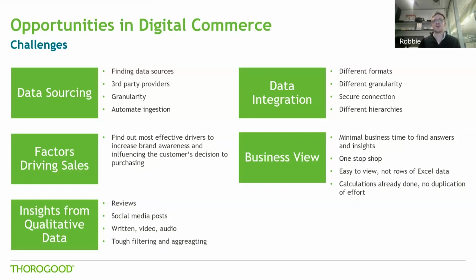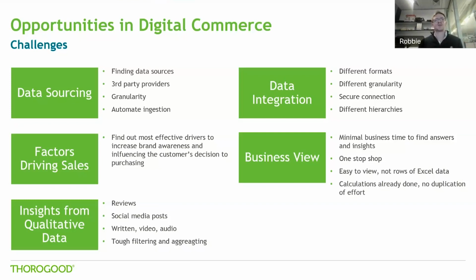Then data integration. So bringing together all this data of different formats, different granularities, setting up a secure connection to that source data as well, and merging different hierarchies as well. So all the complications between different data sources, naming your product SKUs, and everything like that. And just trying to make sense of it all and sorting that out, and trying to do that in as automated a way as possible, so that whenever there's a new, let's say, problematic brand name that comes in that doesn't quite match, how do you handle that? Can it be handled automatically as well?